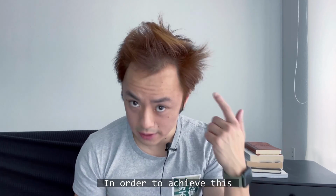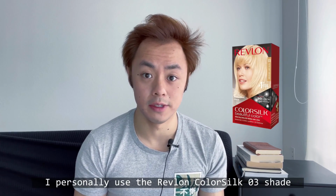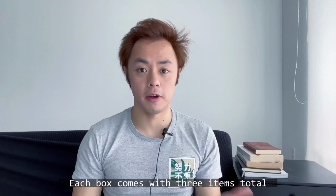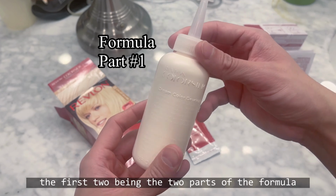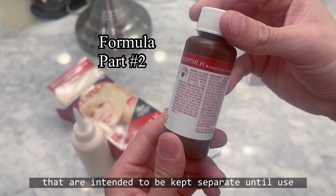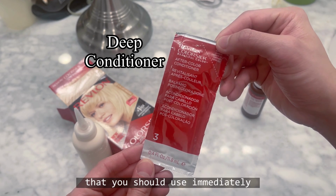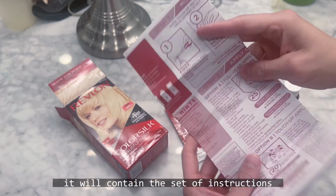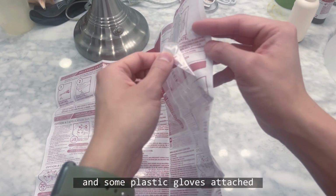In order to achieve this, I personally use the Revlon ColorSilk 03 shade, which is intended for Ultra Light Sun Blond. Each box comes with 3 items total. The first 2 being the 2 parts of the formula that are intended to be kept separate until use. The third part being a deep conditioner that you should use immediately after you're done dyeing your hair. And then of course it will contain the set of instructions and some plastic gloves attached that you can use